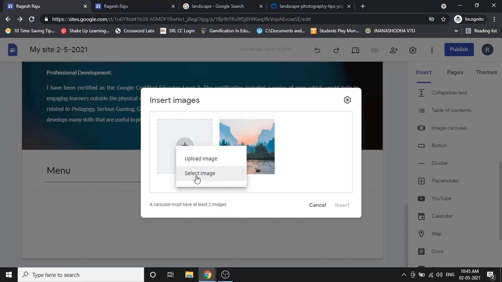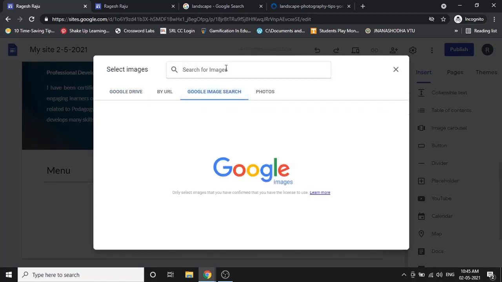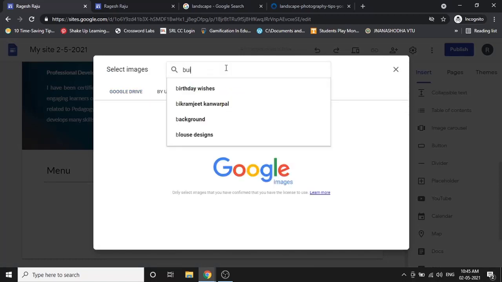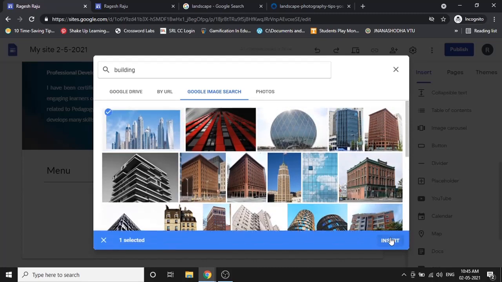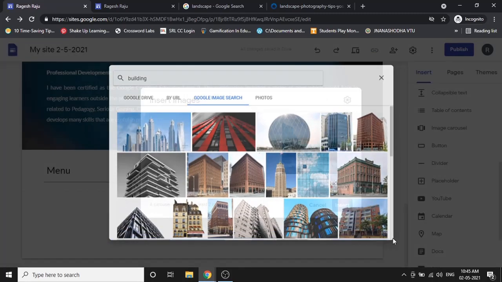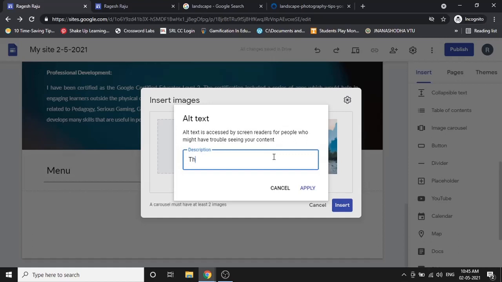So I'll add one more image. I click on select image. Right now I'll do the Google image search. I will search for a building, some nice buildings. Okay, I select this first one. I click on insert. Again I can give an alternate text and caption. So it is better to give this.